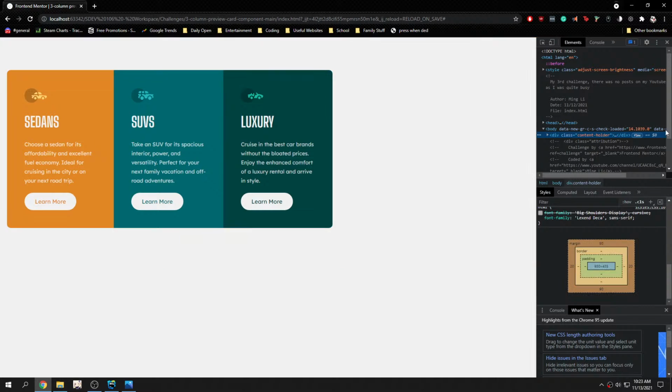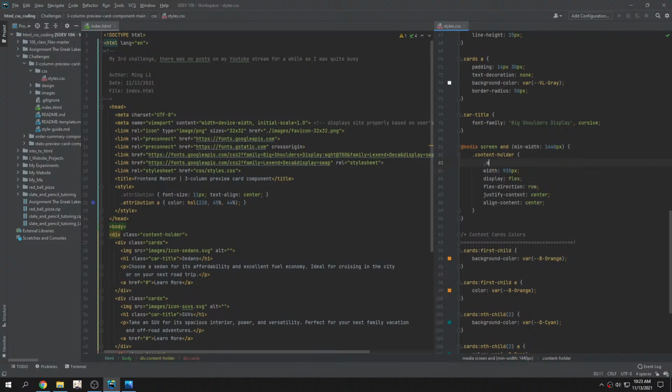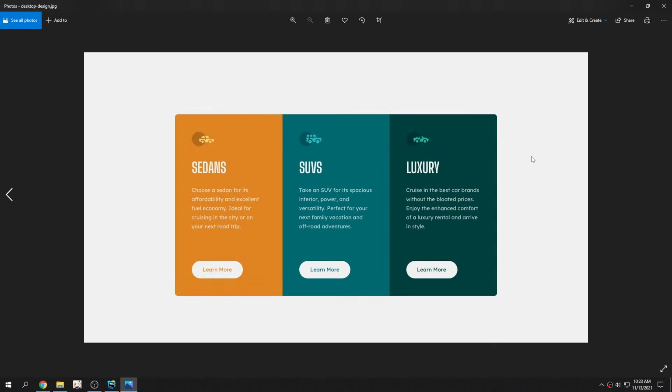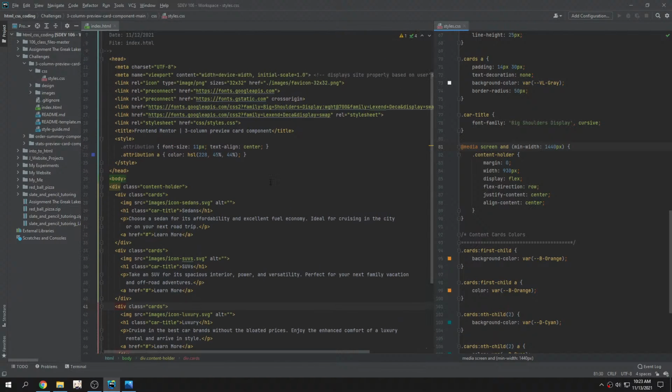Oh, I have a whole bunch of margins. I think what we can do is set this margin to 0 so it can help us with the centering. No, I don't think that was correct. Hmm. Well, that's gonna be a bit of a problem. Unless,